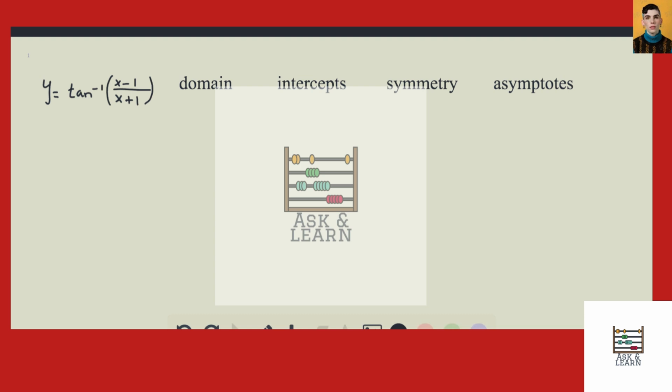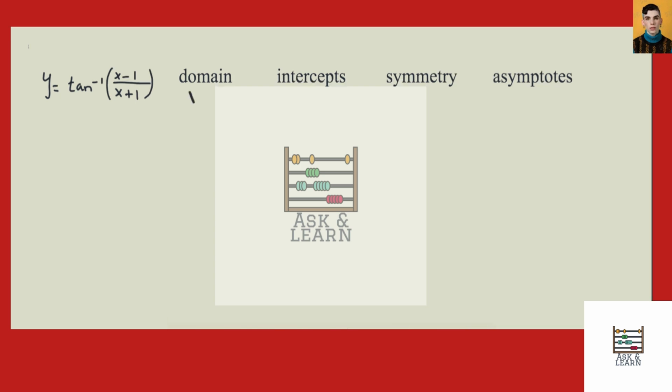The domain for this function is x cannot be 1. That cannot be -1, sorry. The intercepts are (1, 0) and (0, -π/4). There's no symmetry, and for asymptotes, we can look at the limit